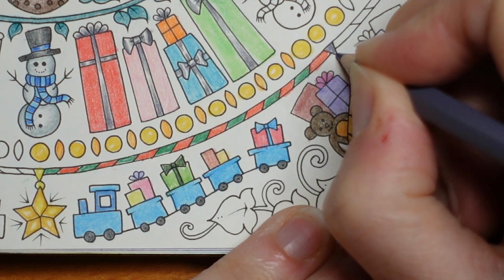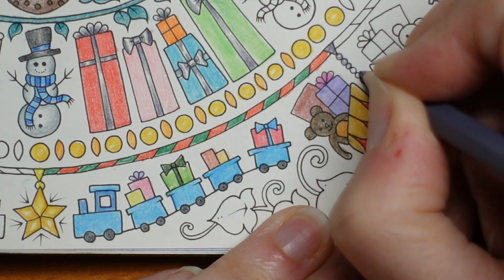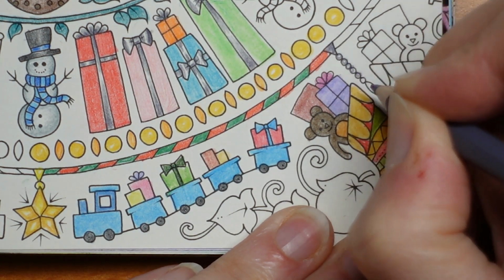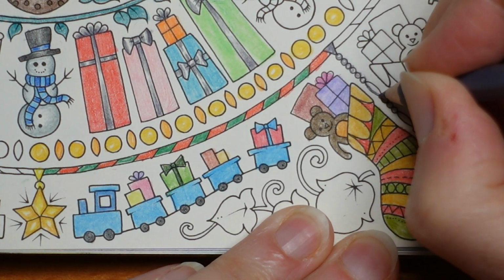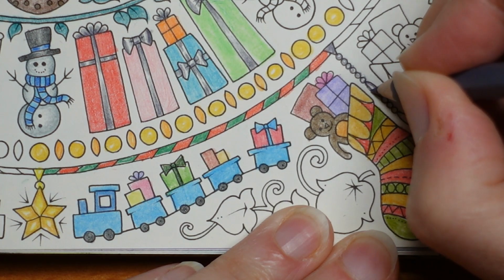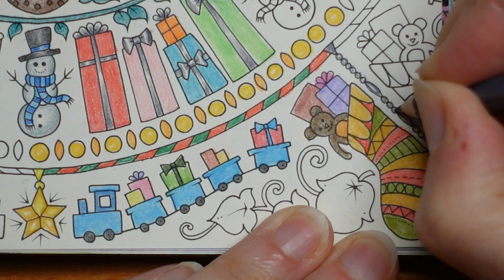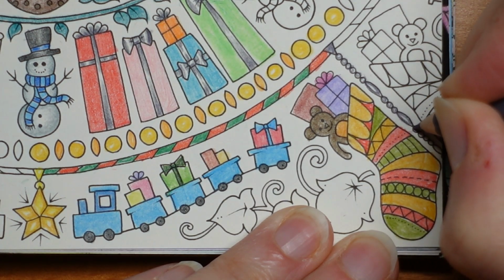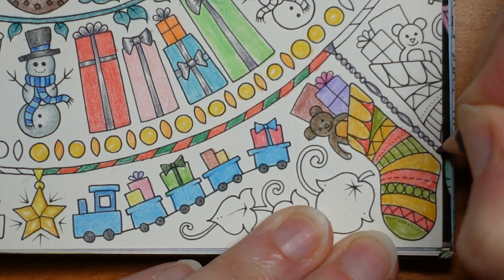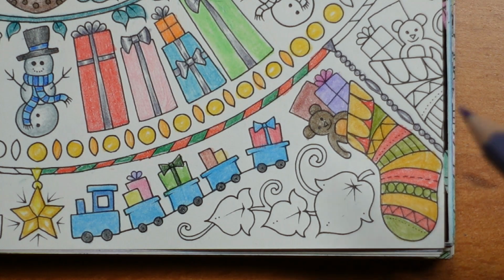Now ideally I want to try and leave some white so it looks shiny. So on these balls I'm going to try to leave a white centre, and then on this one I'm going to try and leave a white sort of strip down the middle, and then keep with that. Quite tricky, you'll need to keep sharpening. Right,